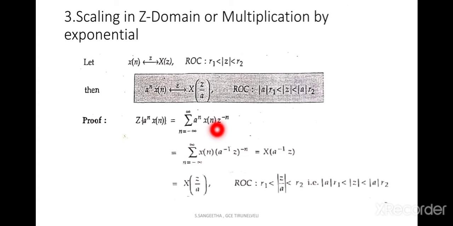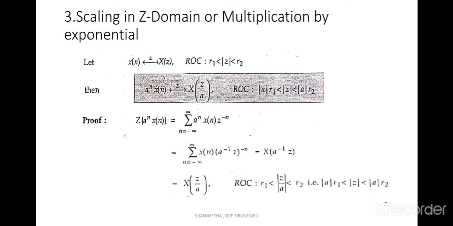So next we have to write separately the values a to the power minus n z to the power minus n. We are taking minus n commonly. So here we have plus n, so we write it as minus n. So minus into minus we get plus n. So is the x of a to the power minus 1 z. So we can write this equation as a to the power minus 1 as 1 by z.